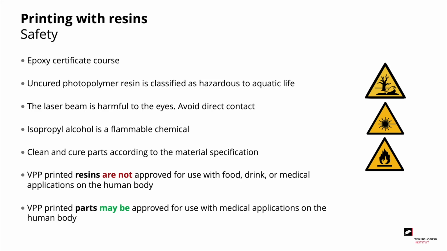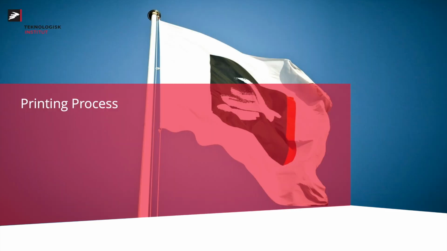Make sure to clean and cure parts according to the material specification. VPP printed resins are not approved for use with food, drink or medical applications on the human body, but VPP printed parts may be approved for use with medical applications. We looked at the printing process itself in a previous chapter,